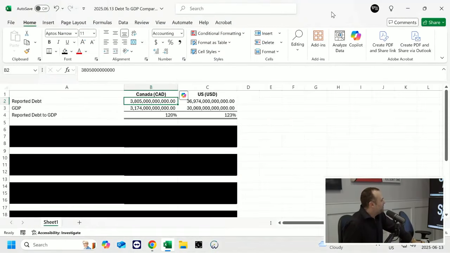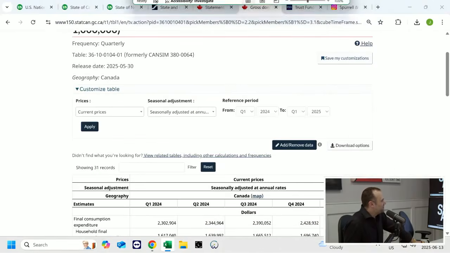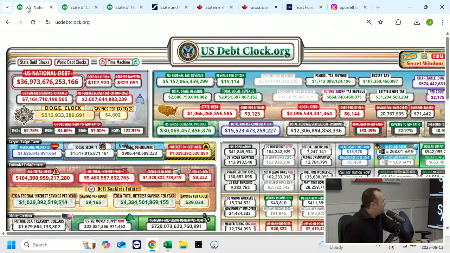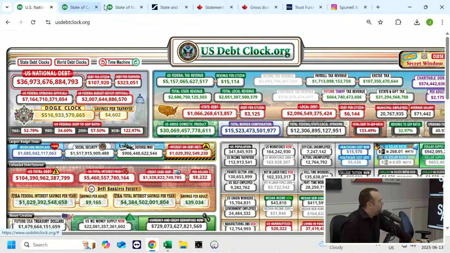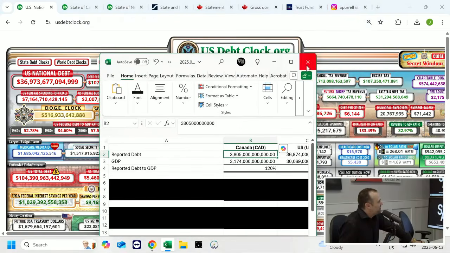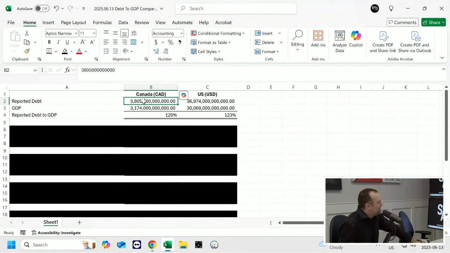Okay. And then on the US, the 36 versus the 30. Here is the first important point. This US debt that's commonly reported is US federal government debt. Okay, so federal debt, entire country supposedly. It's just the federal government. Yeah, it's just the federal government. Okay. But when you hear 120% in Canada, what you're looking at is actually consolidated